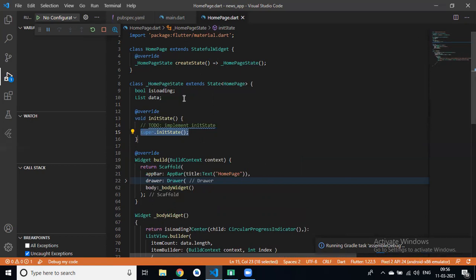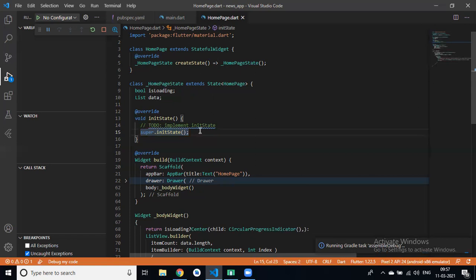Without calling any method or function, this initState is automatically called when our application launches, when our class is called. Same like a constructor. initState is basically used for initializing our variables.